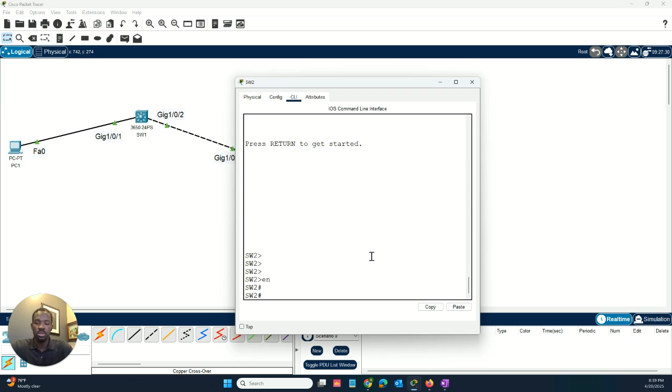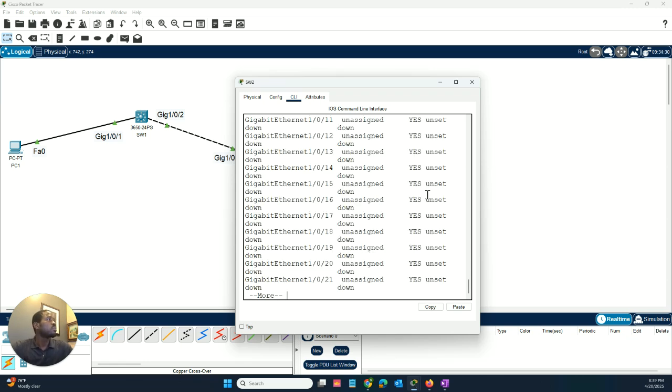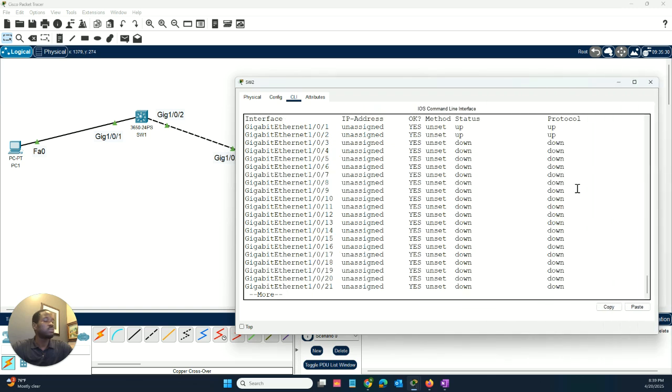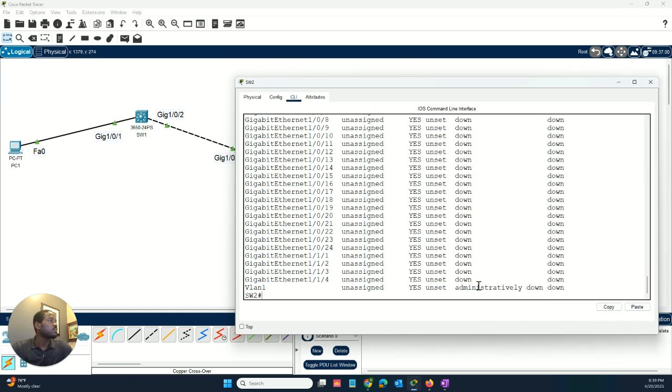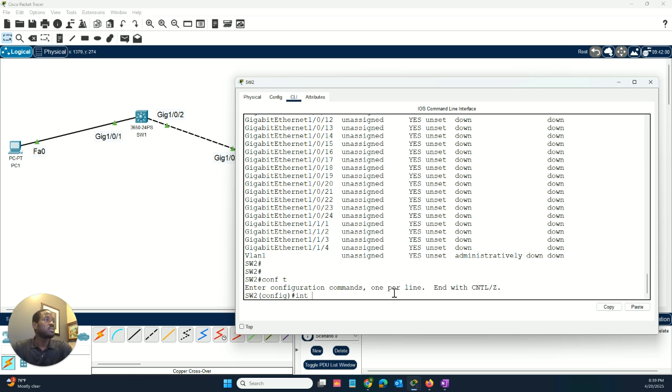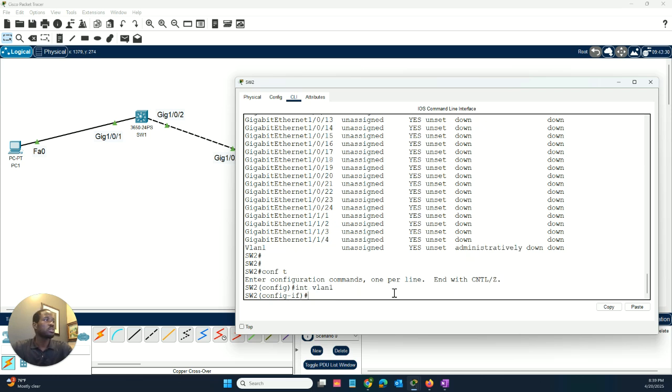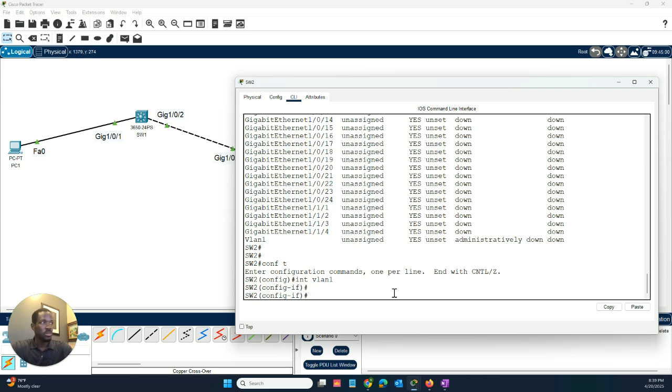Let's go to show IP, show IP. See, the VLAN is also not configured and administratively down. Let's config interface VLAN 1, IP address